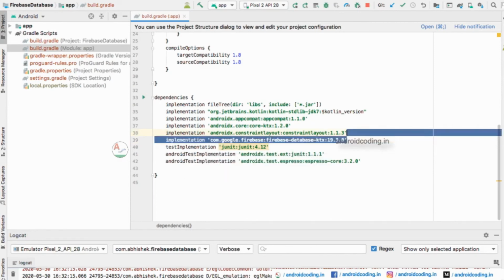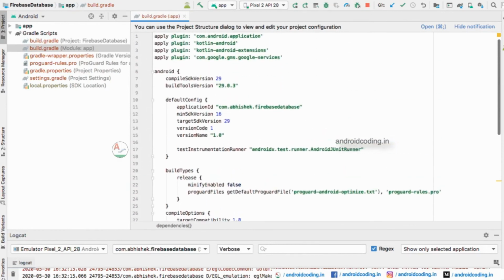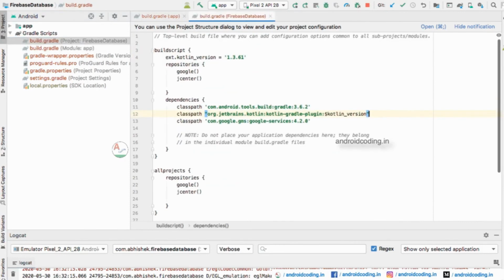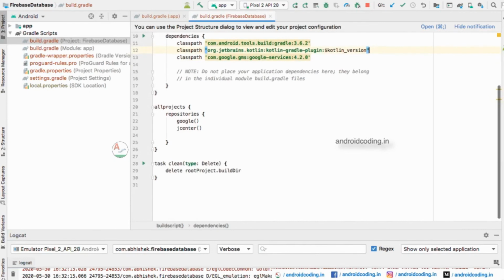Here you can see we have added Firebase database. This particular tutorial I am doing in Kotlin as usual. If you have any queries regarding the language, or if you want it in Java, just let me know in the comment section below, and you can also let me know on my Instagram handle. I can provide you the Java code also. If you want to know details regarding these implementations, you can follow my previous tutorial, because I have already explained them there.